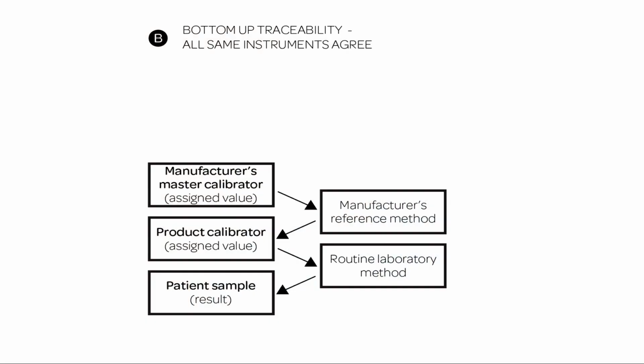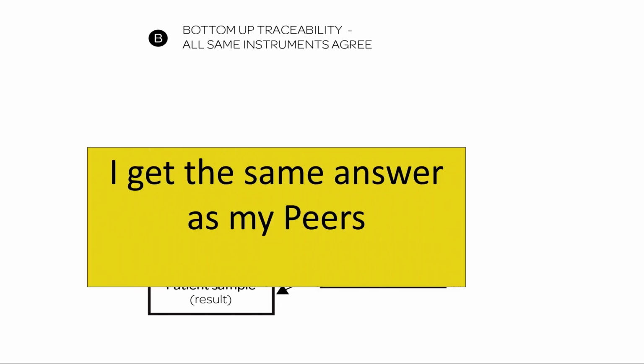What we in fact do when there's not a full traceability chain, we have this minor traceability chain where we can trace our cells back to the manufacturer of our assay or kit. Okay? So we have a limited traceability, but everybody using our method should get the same result. Because we're relying on the manufacturer of that kit to ensure that they've got stability in the calibrator values. Okay? So as long as I get the same answer as my peers, I'm right.